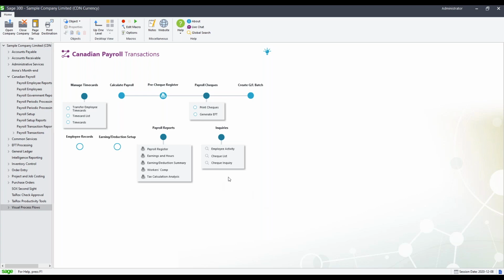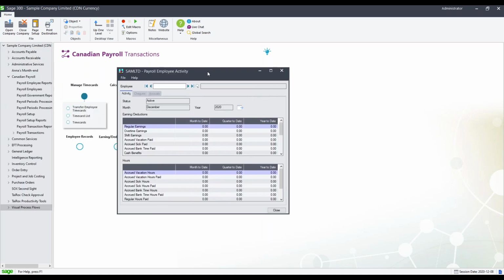So one of the things I like to come in here for is when an employee calls with a question about their pay stub, and I don't necessarily have their pay information in front of me. I don't have to print a report. I don't have to go to the directory if I'm using Orca to open up their pay statement. I could, but otherwise I can go under the activity, employee activity. Now the employee activity gives us a lot of useful information. An example of the information that it gives us